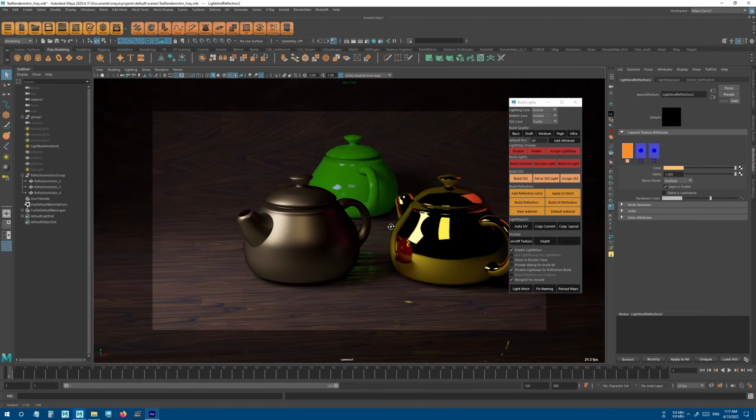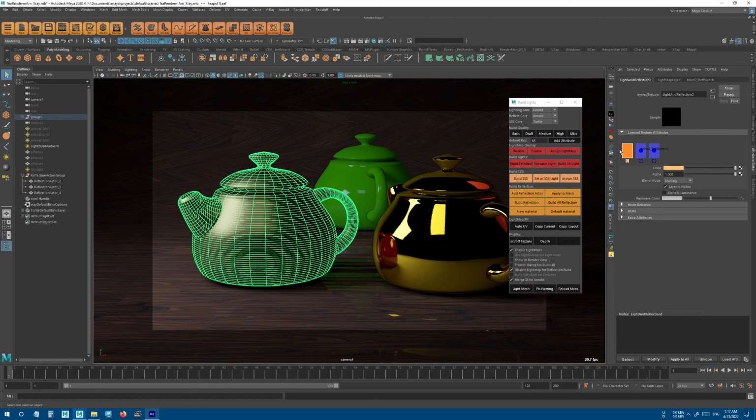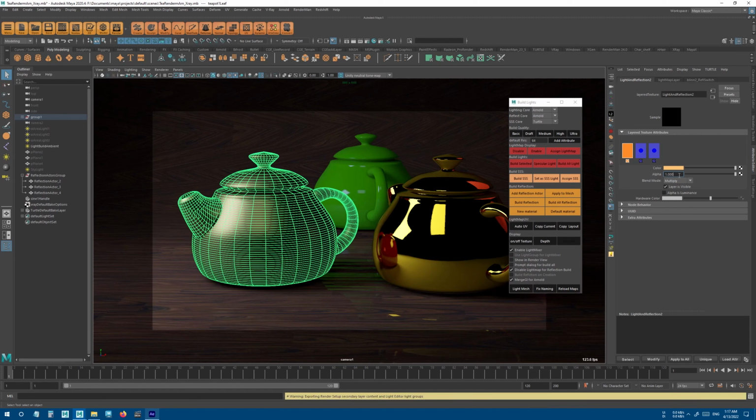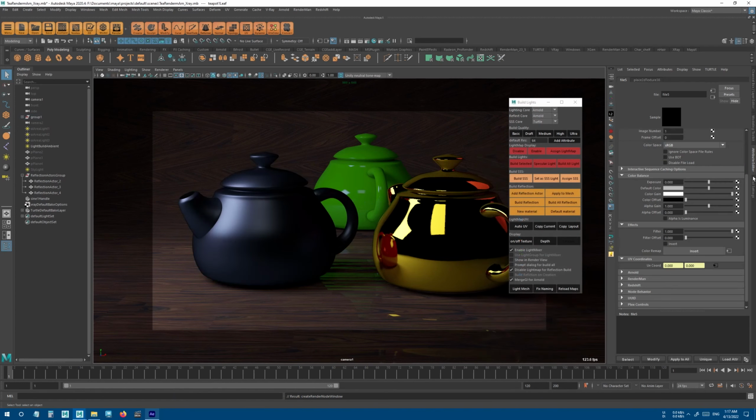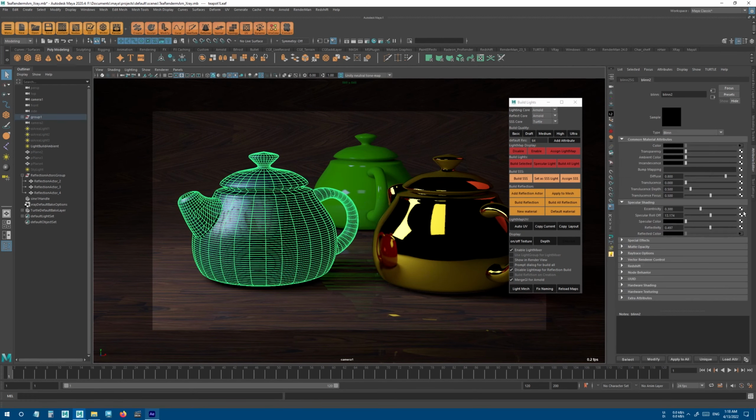Like that. And if you want to assign a map, if you use metalness or something like that, you need to have a metallic map. You should assign it to alpha of this color, and you can also assign the color of your material, the diffuse color or albedo, to the color of the reflection. So for example, I can set this material